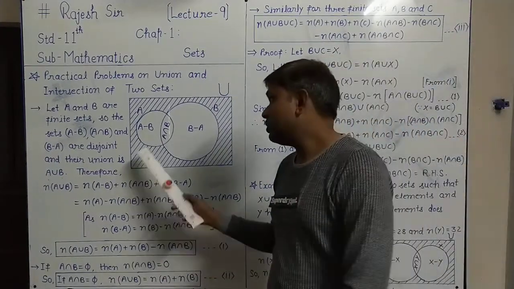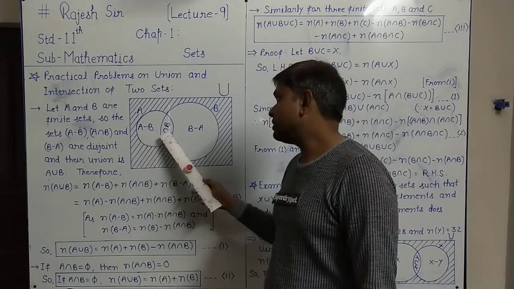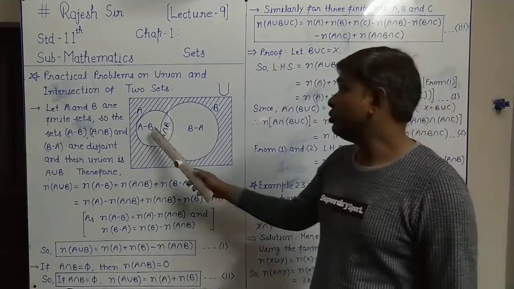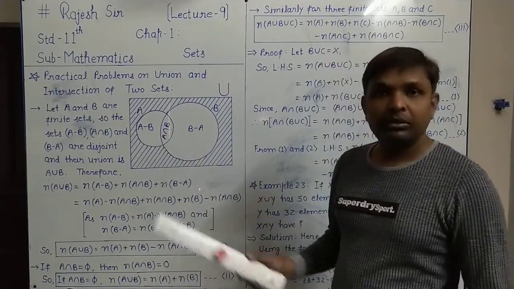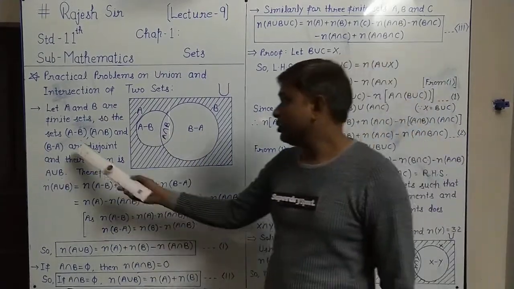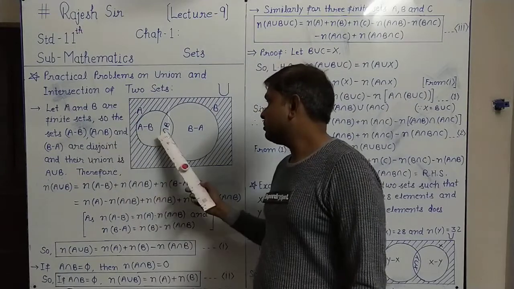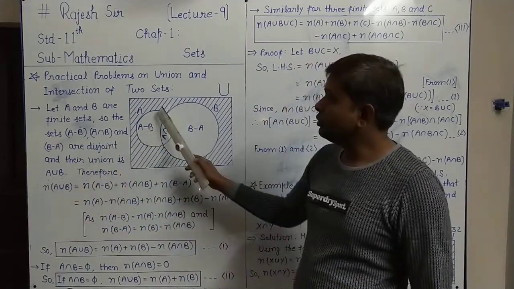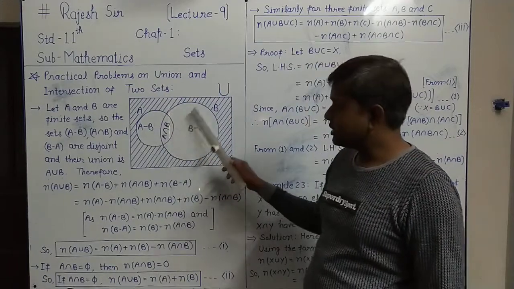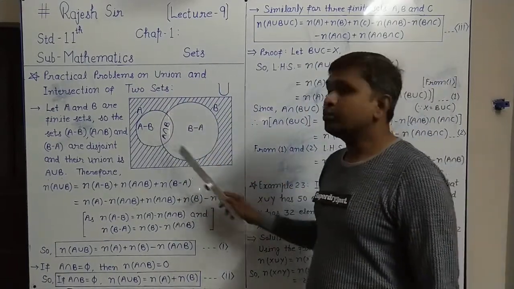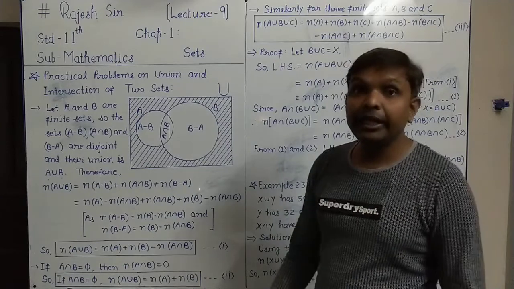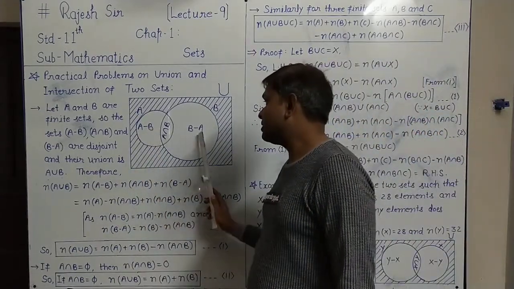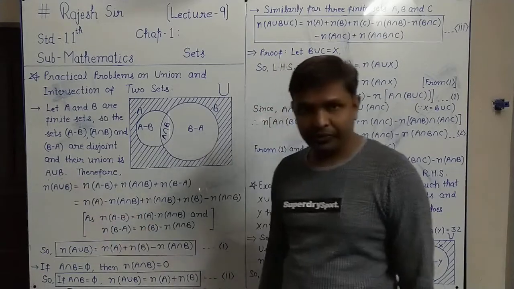And we have seen this also, that A minus B, A intersection B and B minus A are disjoint sets, meaning they don't have anything common between any two. So A minus B, A intersection B and B minus A are disjoint sets. The union of these three sets, covering the two circles both, is called A union B. That also you know. So the union of these three sets gives A union B.